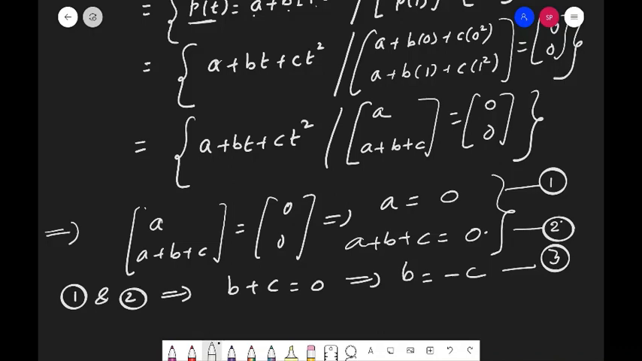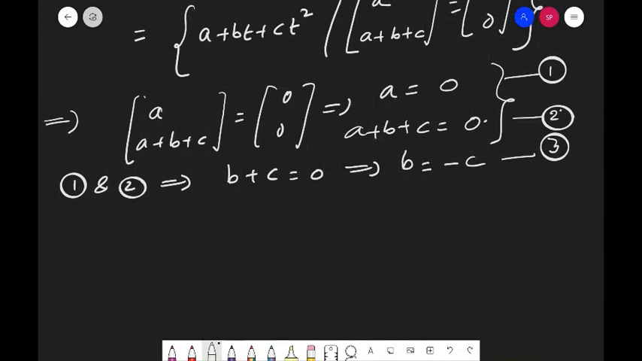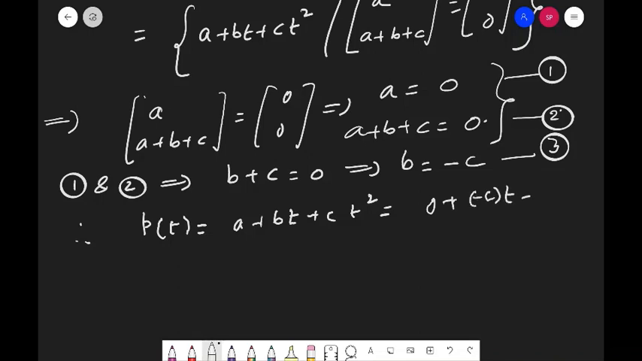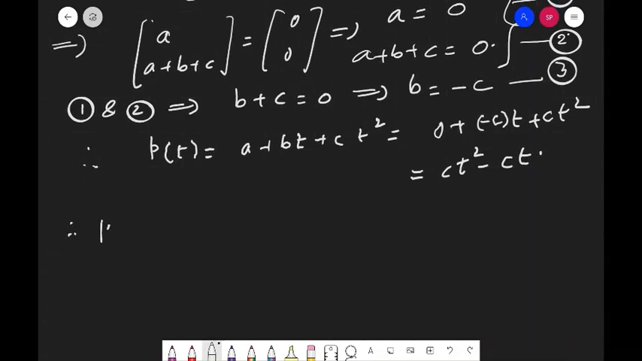So now what do I have? The polynomial, therefore what can I write here? Therefore P of T is equal to A plus BT plus CT square, which is nothing but A is 0 plus B is equal to minus C. So I will write it as minus C into T plus CT square, that is equal to CT square minus CT. So therefore kernel T is the set containing polynomial P of T, that is equal to CT square minus CT,